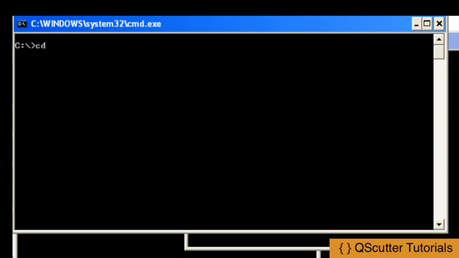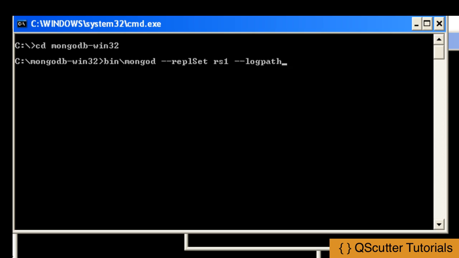Open up the second terminal and we are going to set up the first server of the replica set. We'll be using the command mongod and specify the options as required to set up the replica set. So we use the --replSet option to specify the name of the replica set, in this case rs1,